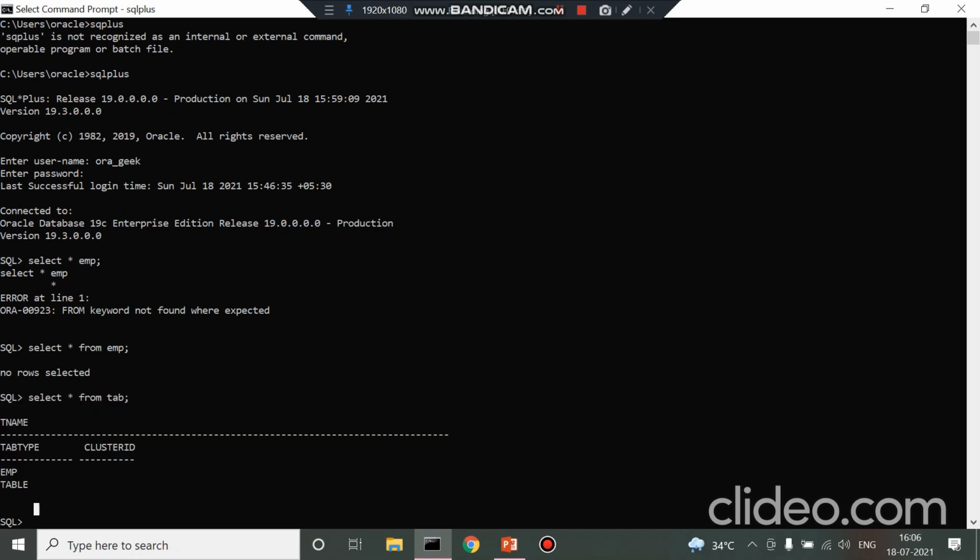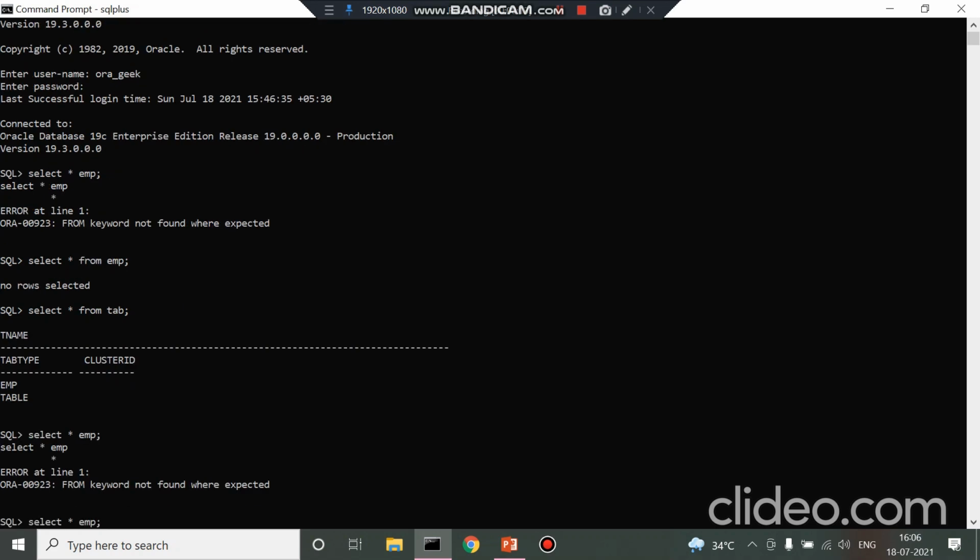So select star from tab is used to select different tables available under that particular user or schema, you can say. So we have an employee table, but we don't have any data saved in that.